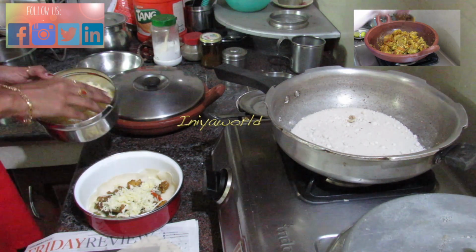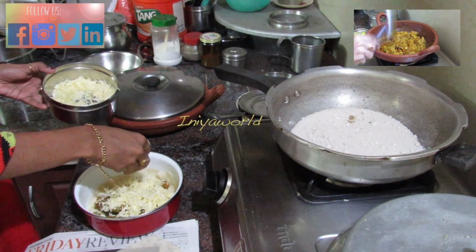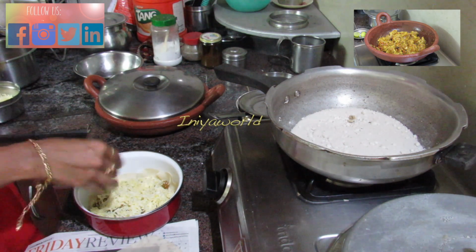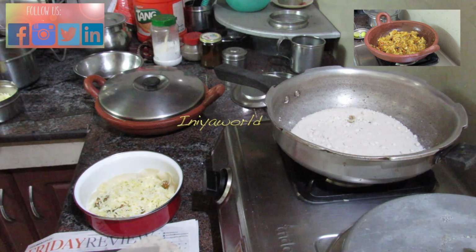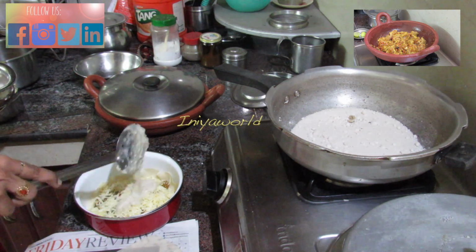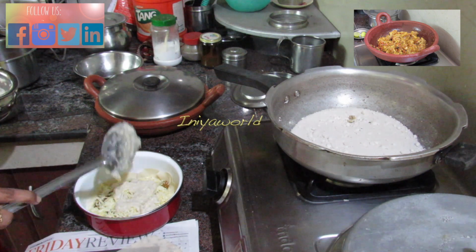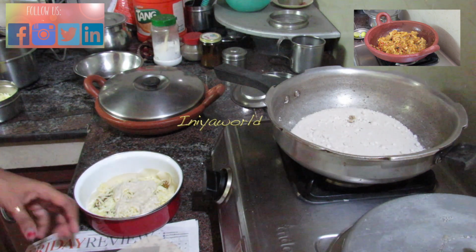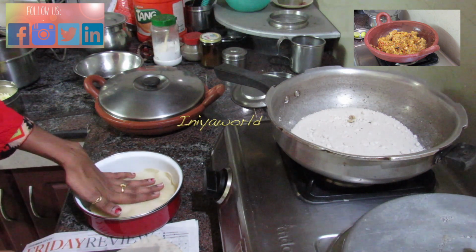And let's start the layering. We need to keep the sheet, and I prefer to brush the sheet with butter so that it will be fine, but I forgot to do that. And then the layer of pepper chicken, and then the layer of sheet, and then the cheese, and then it's your own idea. Just layer the sheets, and then the ingredients, and then the layer of sheets, and then